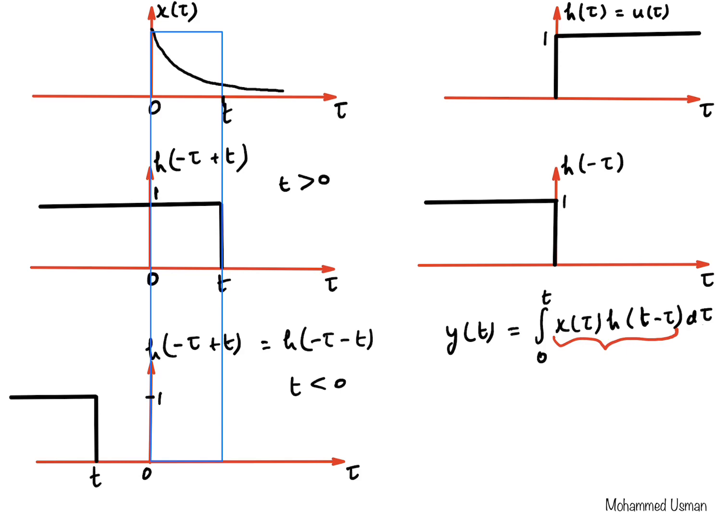So in other words, we can write that x of tau times h of t minus tau is equal to